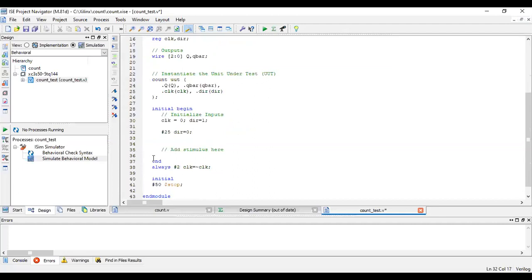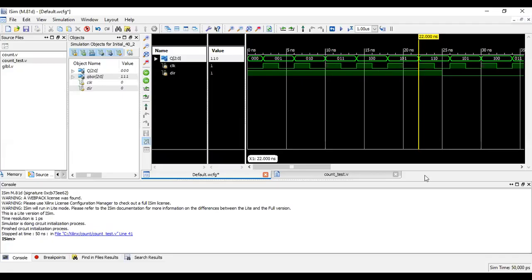And I'm stopping at 50 time units. Save. Now let us simulate this and check how the output looks like. Now we've got the waveform.